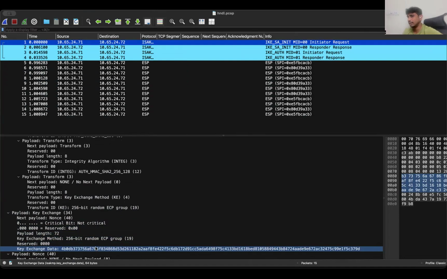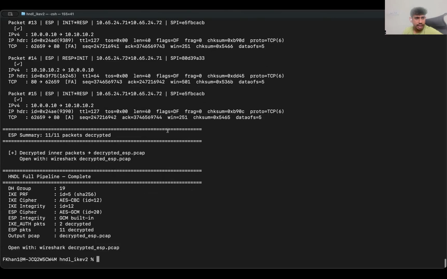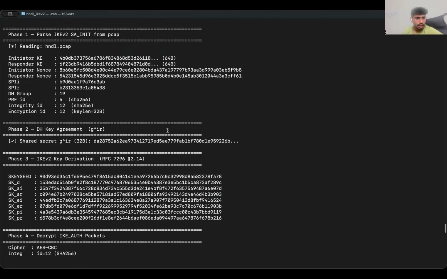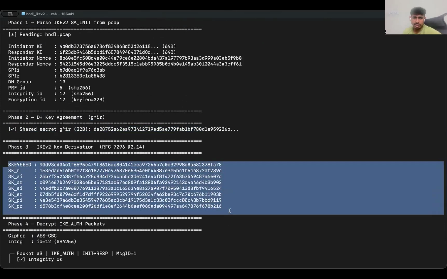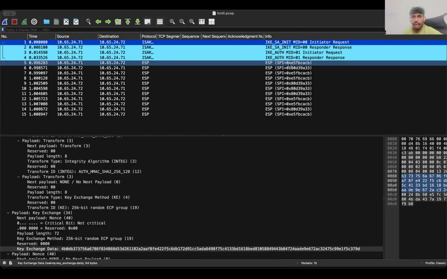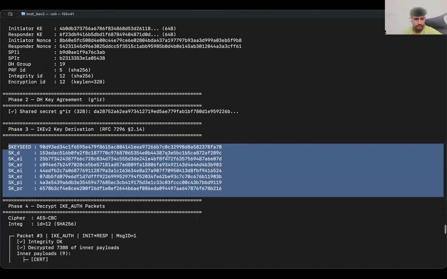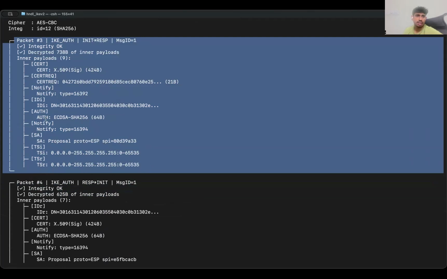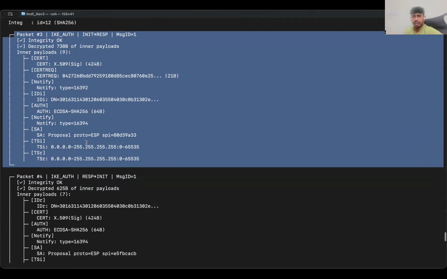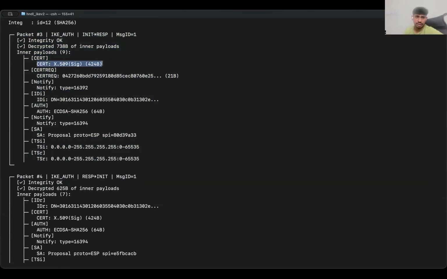And I already have the private key. So what exactly happened here? We were able to successfully derive the shared secret key. And using that, we were able to derive all the keying materials that will be used to encrypt packet number 3 and 4, which means I should be able to decrypt packet number 3 and 4. I can see the proposals, the algorithm that is used, everything you can see. Even a certificate also you can see. So the entire packet number 3 and 4, you can easily decrypt because we already have the shared secret key